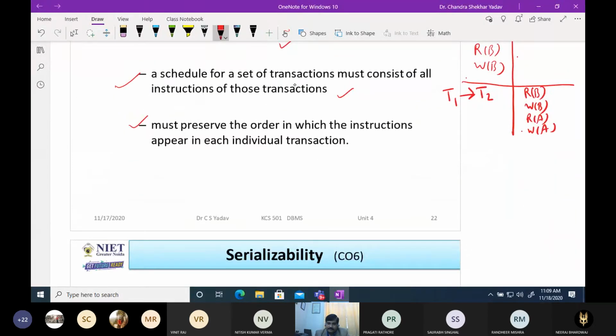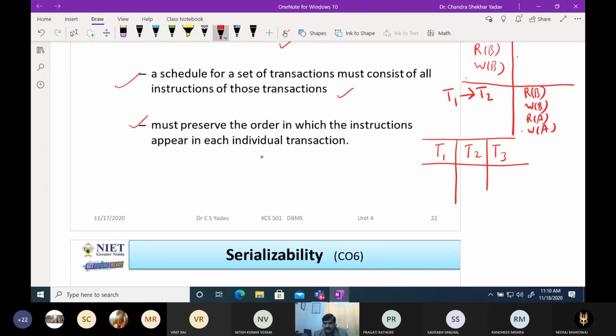Let me ask: if there are 3 transactions, how many serial schedules can we find here?